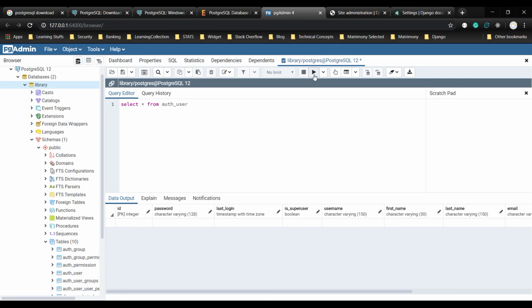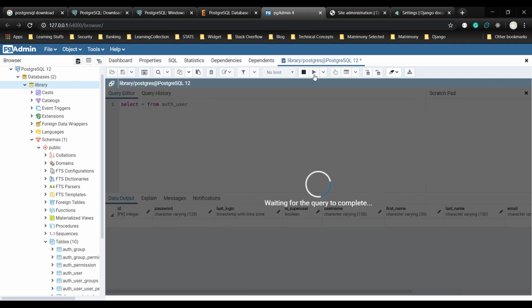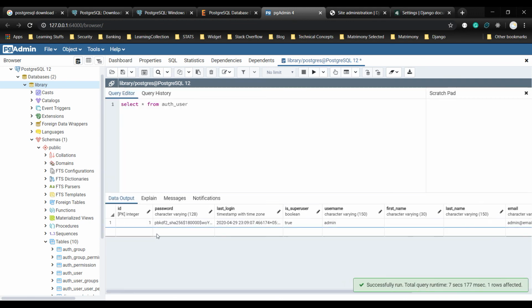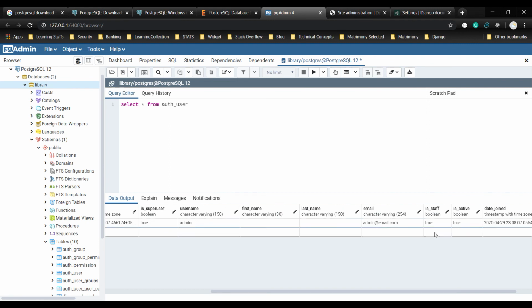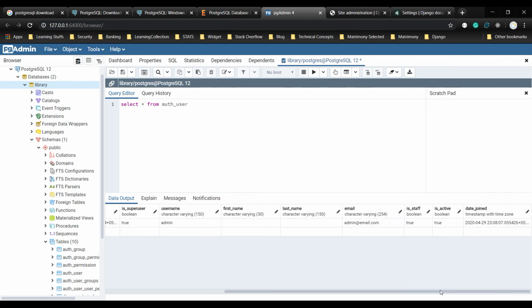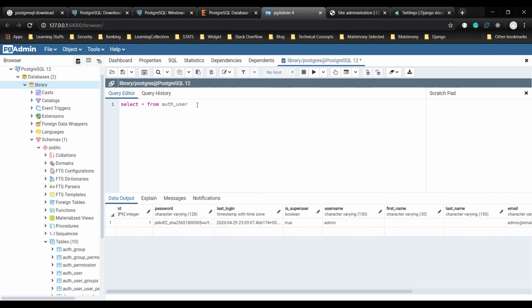Now if we go back to pgAdmin and run this query again, we didn't have any user before, so once we create this superuser, we should see this entry here. We have got one entry, the username is admin, and the email and other information are stored here.